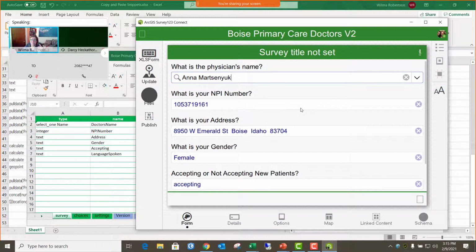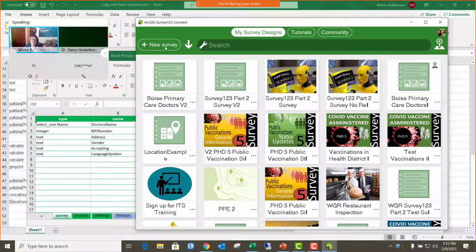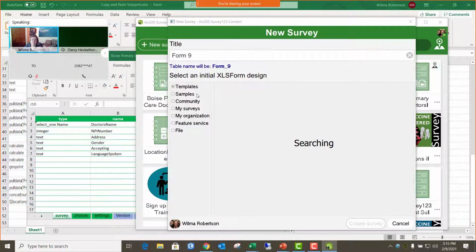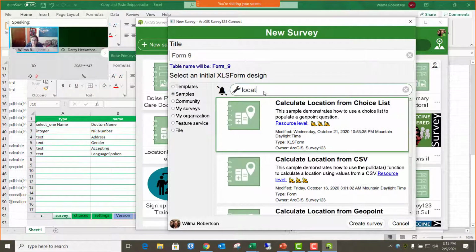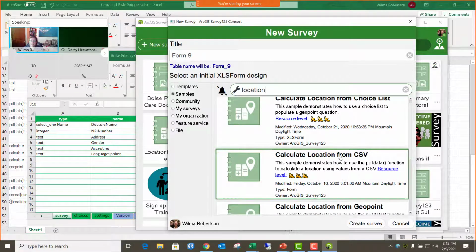So a good way to discover that, and let me go here real quick. If you click on new survey and you go into your samples, you can do a search for location. And this example right here, it says calculate location from CSV, explains to you how you can take a latitude, longitude from your pool table, format it, and then put it in your survey so your geopoint shows up in the right spot. So instead of having you actually go in and open this up and discover this for yourself,